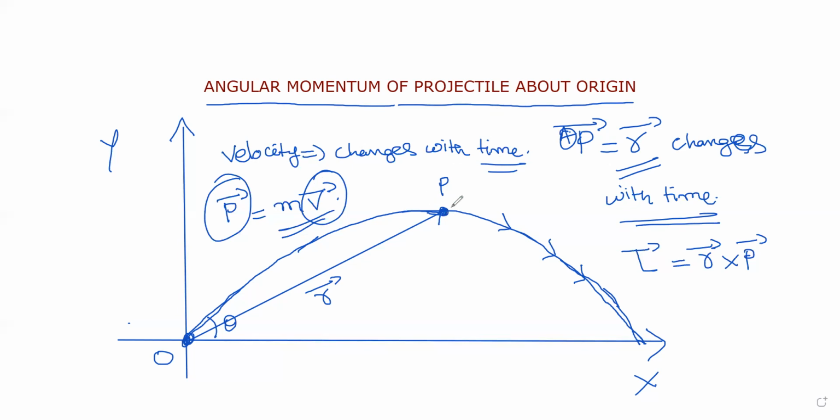Some of the basics of projectile motion you should know, then only you can solve this problem. So what are the things you need to know? The first thing is the x displacement. The vector R bar is the position vector of the point P. R bar can be written as x i cap plus y j cap, because in projectile motion we are considering two dimensions, and there is no z direction. The z direction will come into the picture when we consider the angular momentum, which will be in the negative z direction. Why it is in the negative z direction, I'll discuss after first calculating this.